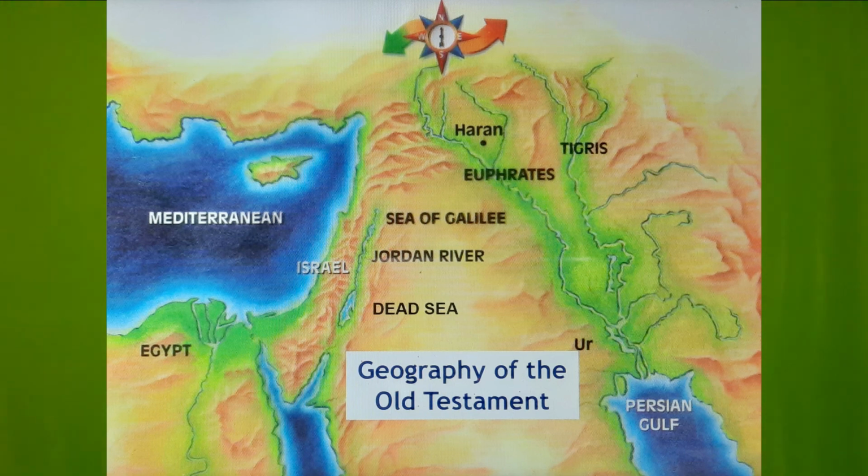And then coming down from Haran, you will see the Sea of Galilee, a small lake it is actually. It's a big lake actually. It's not a big sea. Then from there going down there is the Jordan River, and that goes to the Dead Sea. And the history of the Old Testament is happening here on these geographical locations.